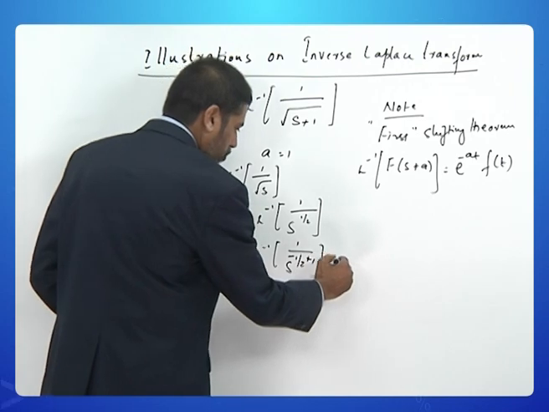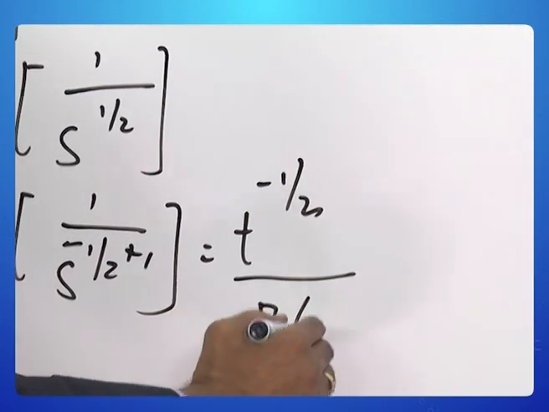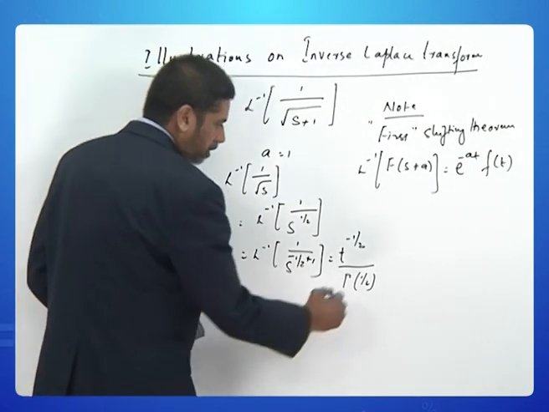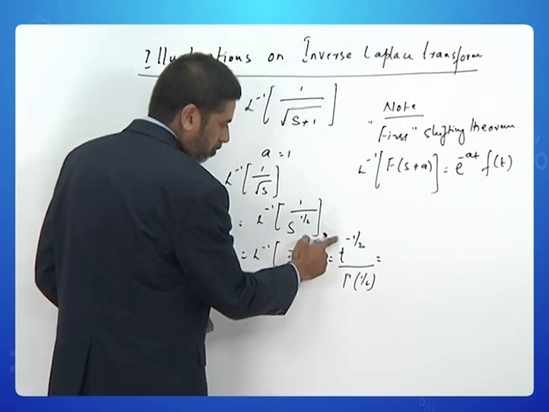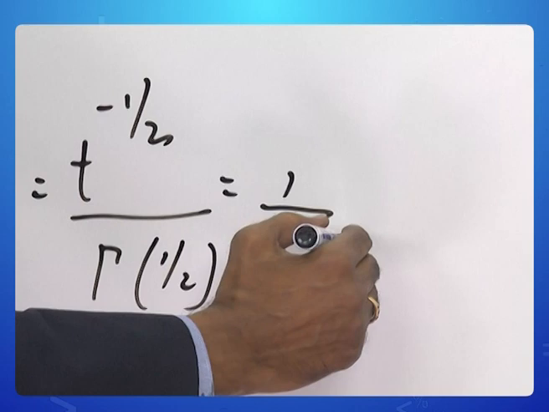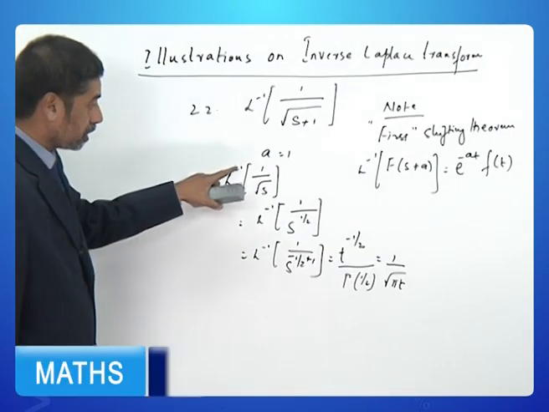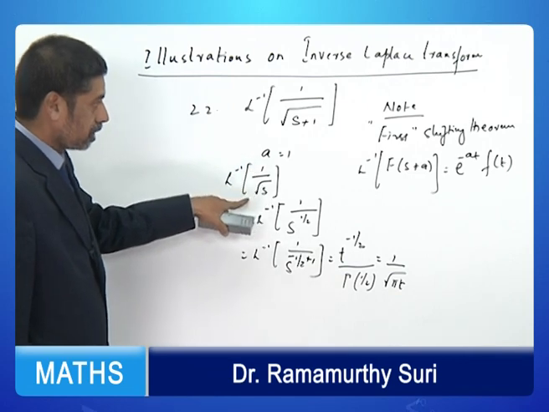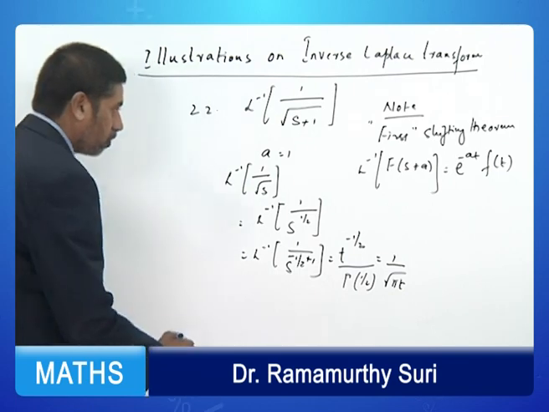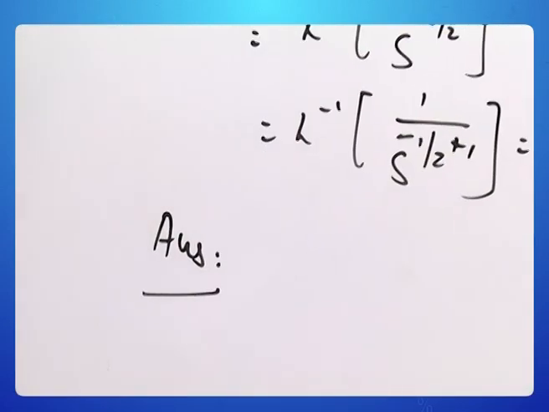So what does this take us to? T to the power of minus half by gamma half, right? So this is 1 by square root of t and this is root pi. So this is 1 by square root of pi t. This is only the inverse transform of 1 by root s. This is where we apply the first shifting theorem. So what will the answer be? The answer will be